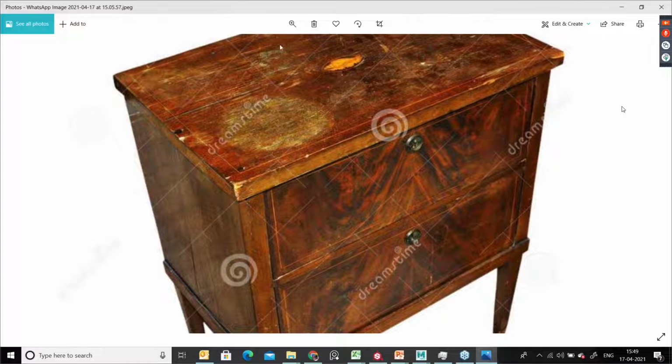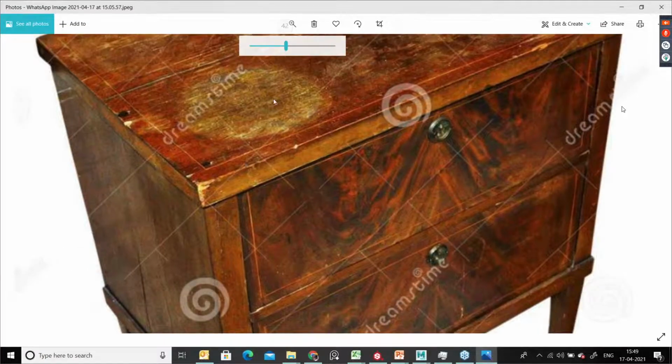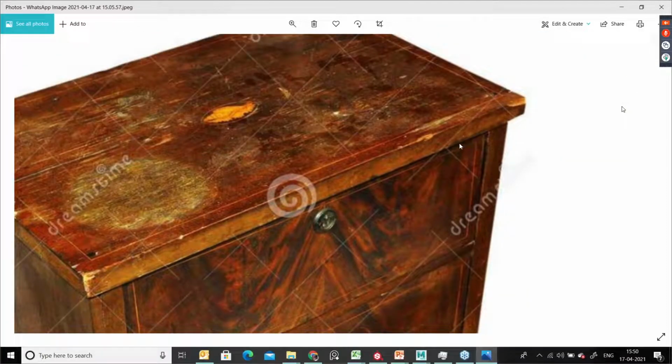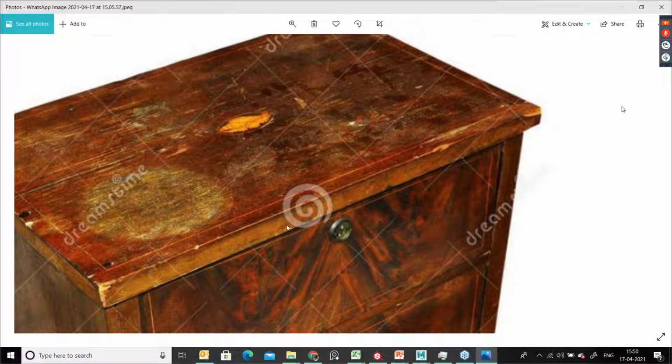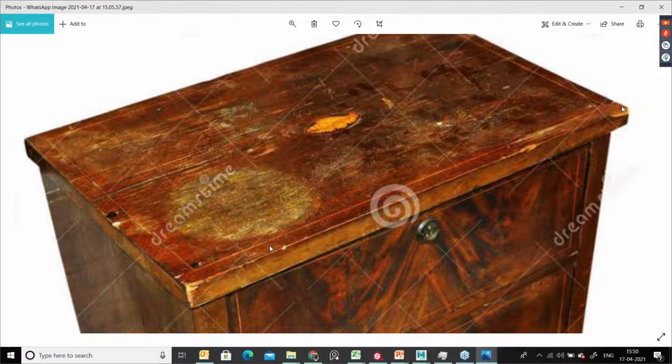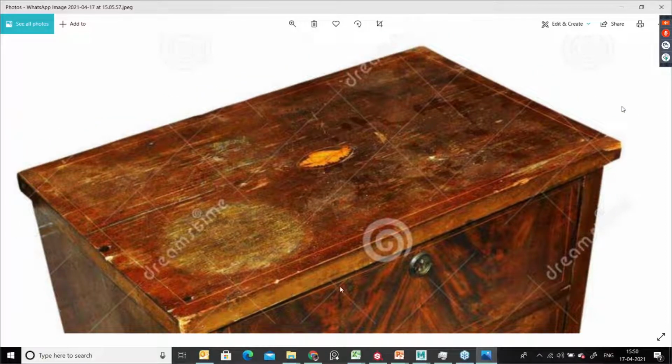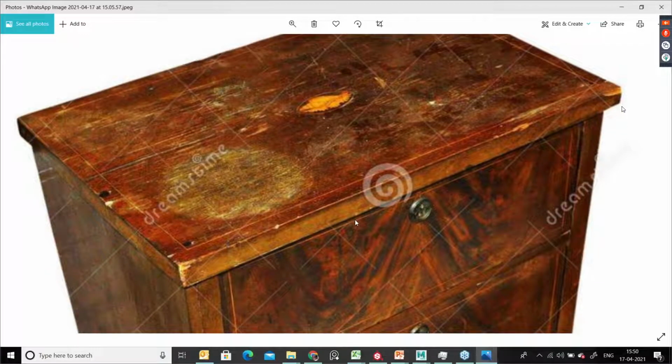And here in the corner, the furniture is peeled off, right? Due to wear and tear and usage, the corners and edges are damaged. So you have to study that. When you are doing the texturing process on the furniture, you can implement all this small information in your texturing process.